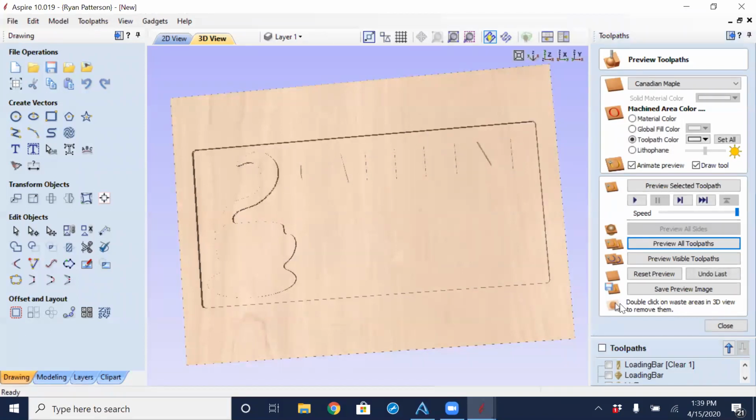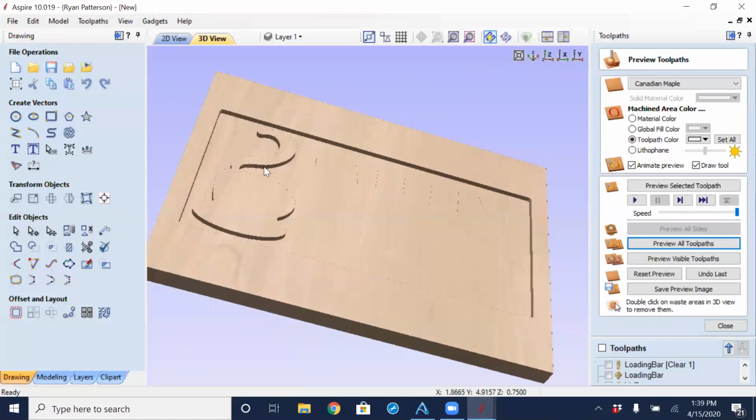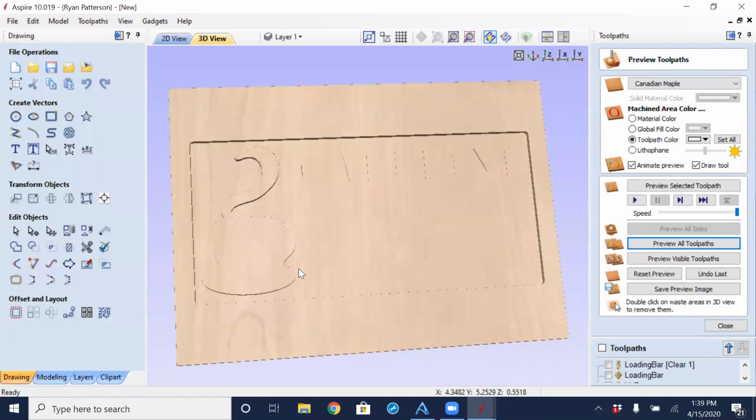All right, so that has made room for our 3-dimensional carving here. And our text here has gone away. Some of you may know what's going on there. Some of you are like, well, what happened? Well, we could fix that. What that is,